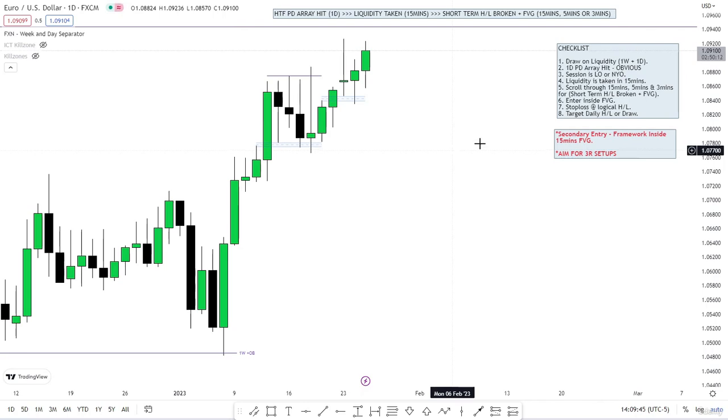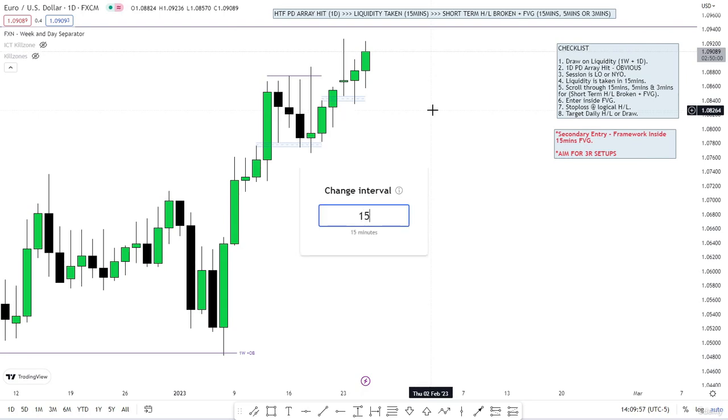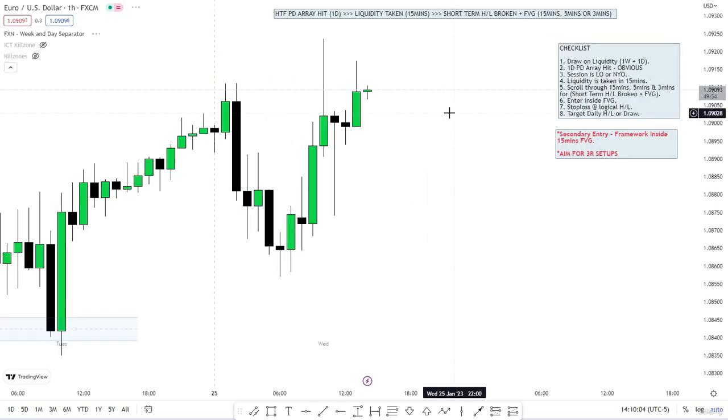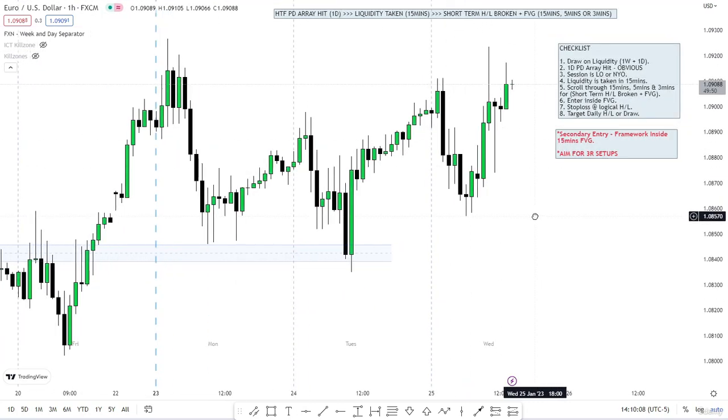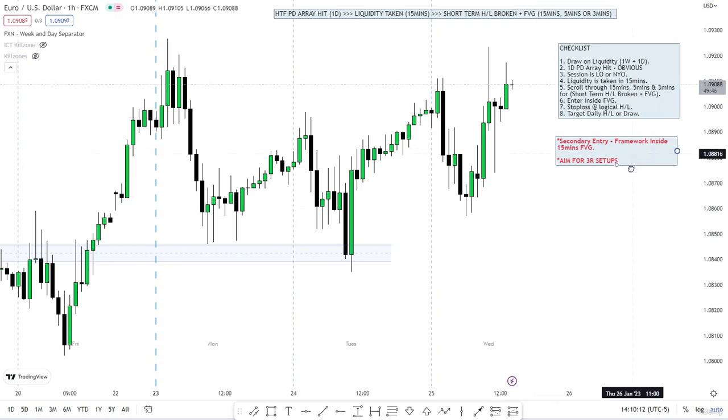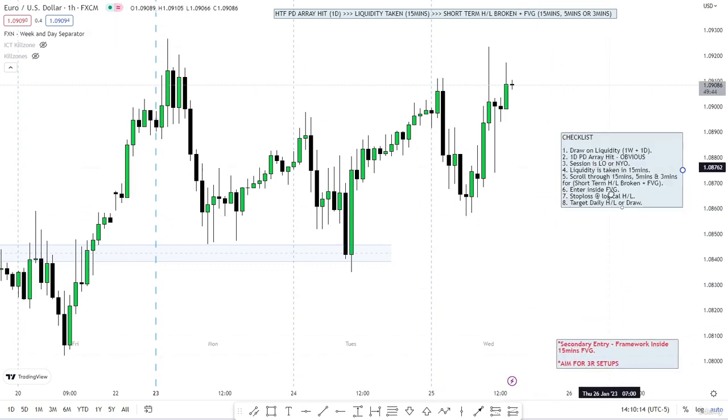So let's go to the next thing, which is the session and liquidity taken during the session, or rather taken in 15 minutes. So let's drop to 15 minutes immediately. So I don't want to go into, maybe you can just check the one now. What I've found, it is very good for checking intra-week liquidity. For instance,